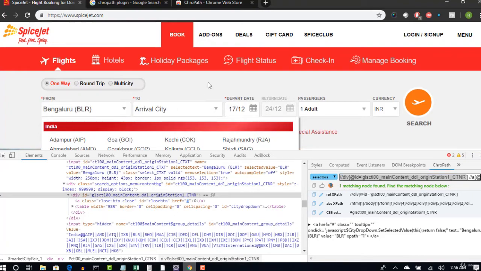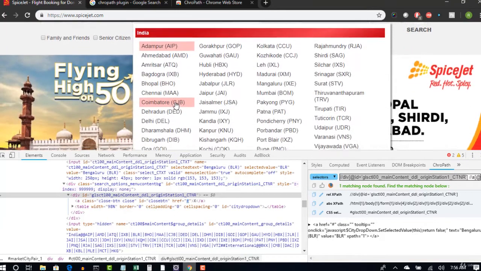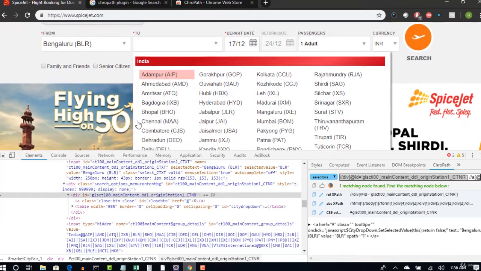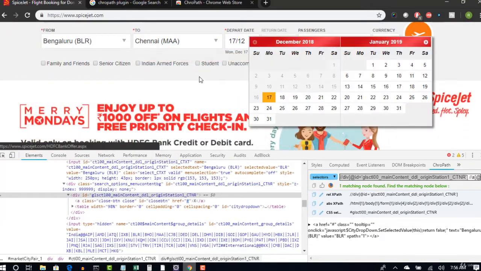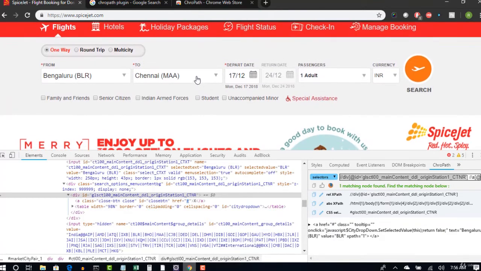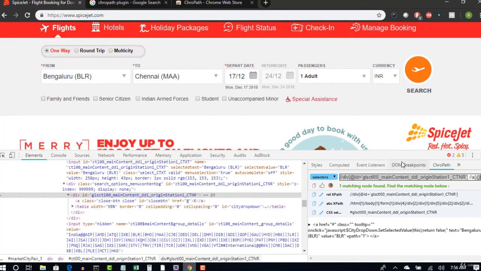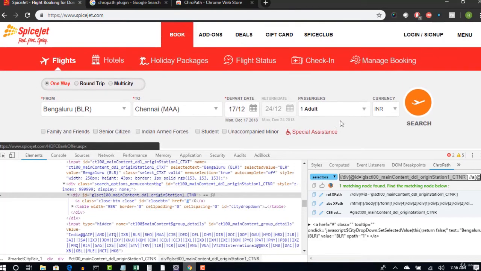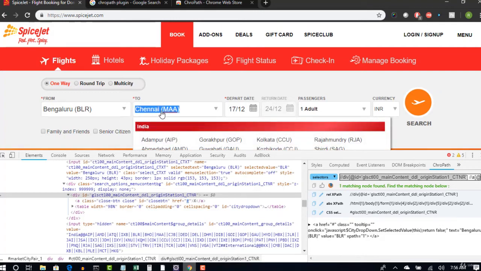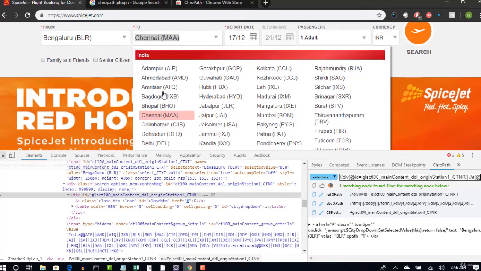Because earlier, if I wanted to select Chennai here, why were we not able to get it on the first instance? Because when I give the Chennai XPath like this, it's searching the entire page from top left and it identified it in the from option, which is the first index. So we gave the second index. But now when you provide a parent here, and let me take this two,